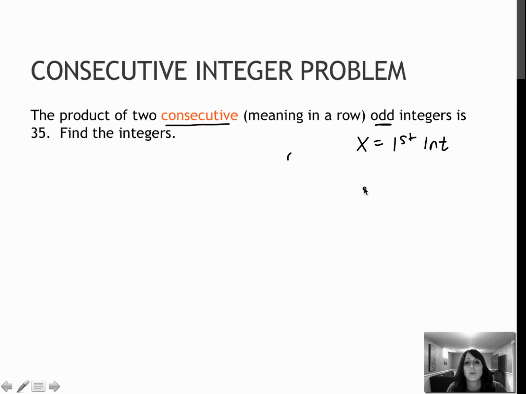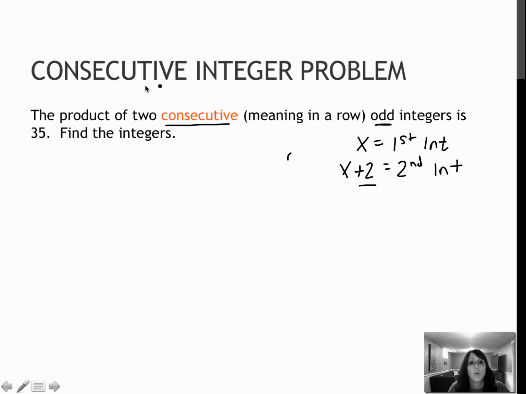So wherever my first integer is, I know that my next integer is 2 more than that. Now how do I know that? Because when I was making my list before of 13 to 15, I noticed those were 2 apart. Or 71 to 73, I noticed those were 2 apart. That's where I got the plus 2. Because whatever I tell you the first one is, you're going to add 2 to that to get the next